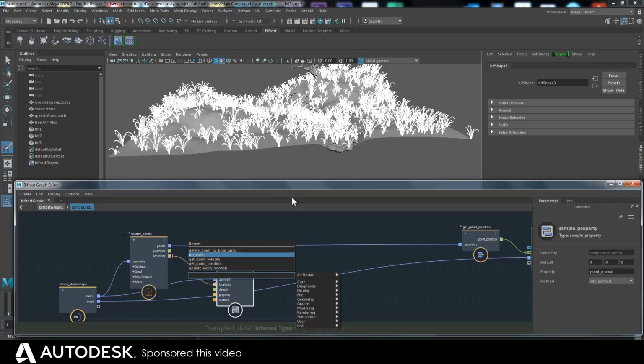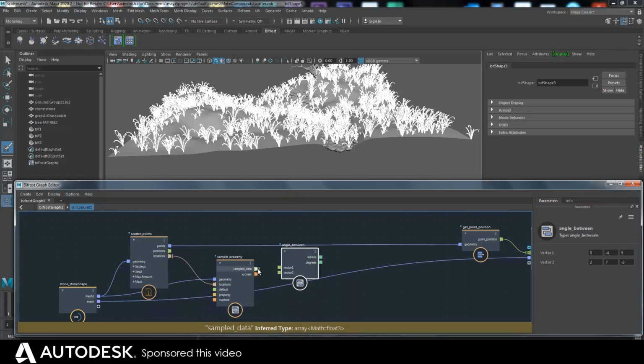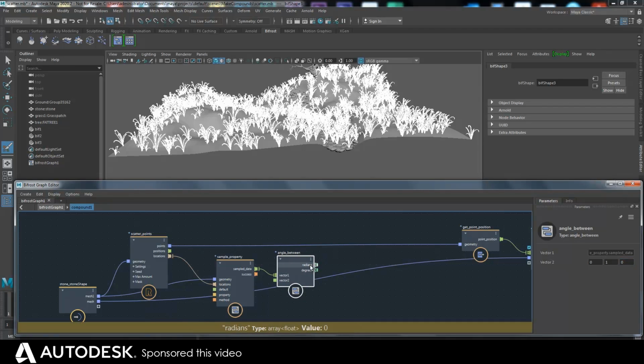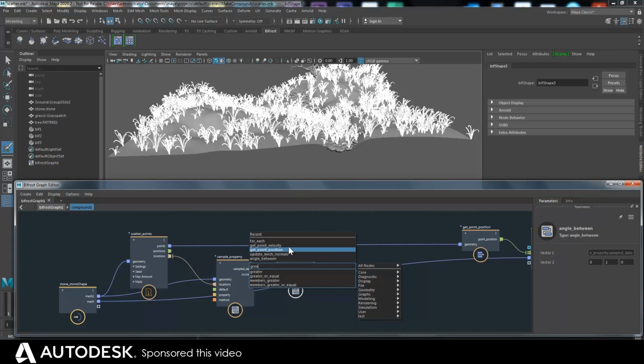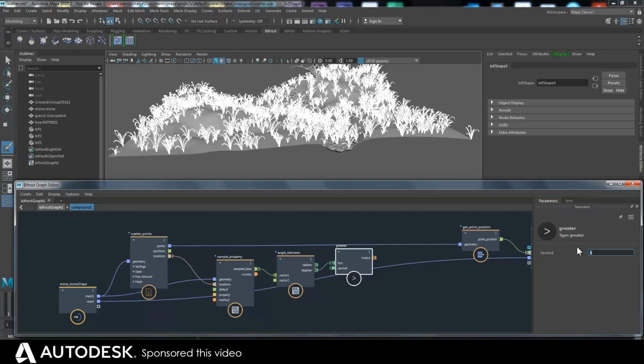And so what we want to do is compare that angle, the angle between the normal and just pointing straight up on the Y. So 0, 1, 0. And we want to say if the degrees are greater than something like 20,